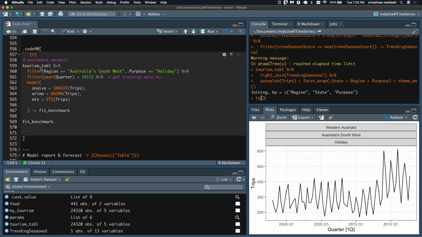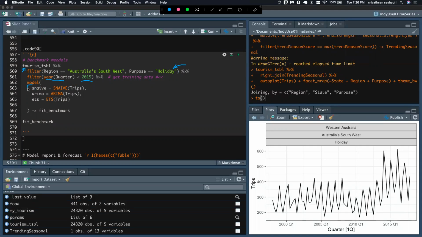And if you notice, you have the tibble. Now I'm filtering out the time series that I need to model, in which case I am filtering on region and the purpose, right? Then I'm selecting year less than 2015 as my training data, okay?